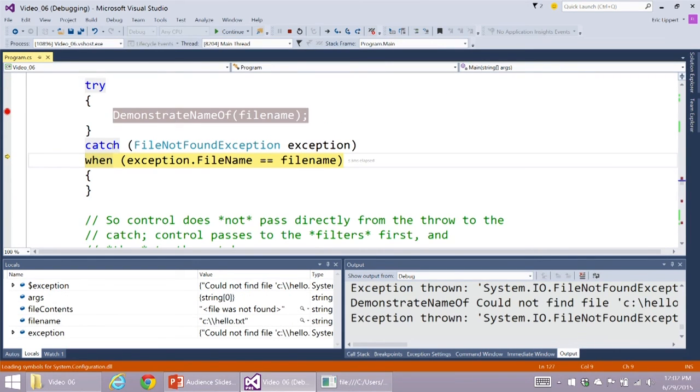I have a catch block up here that could possibly catch this exception. But suppose the method that I'm calling, demonstrate nameof, does a whole bunch of stuff, and some of that stuff could produce file not found exceptions for files that are completely unrelated to the file name that I passed in. I might want to say, I only want to catch this exception if the condition is met that the exception is actually about the file that I care about. And so C# 6 adds a new feature that allows you to do that very easily,